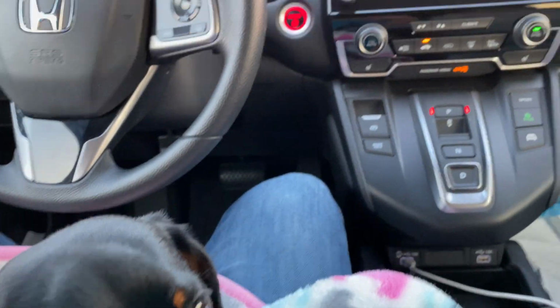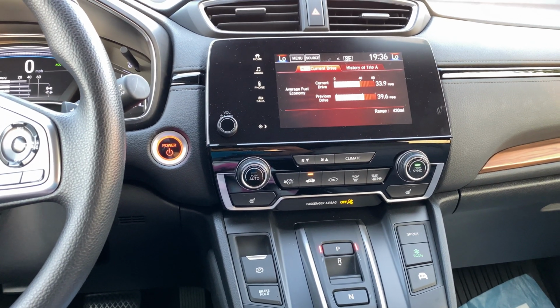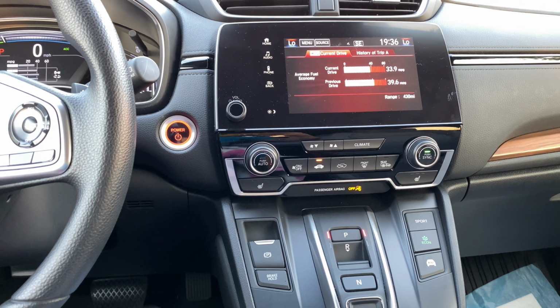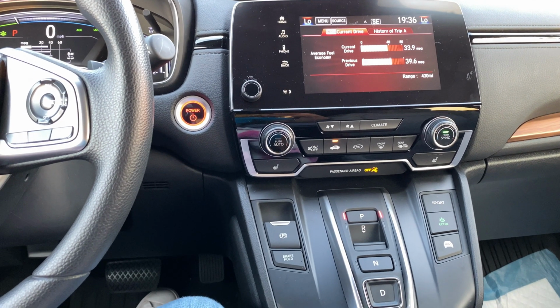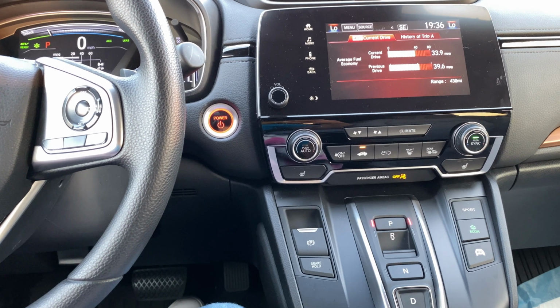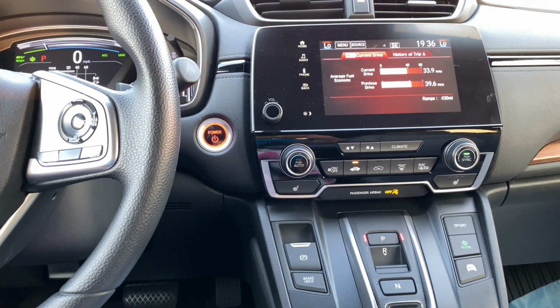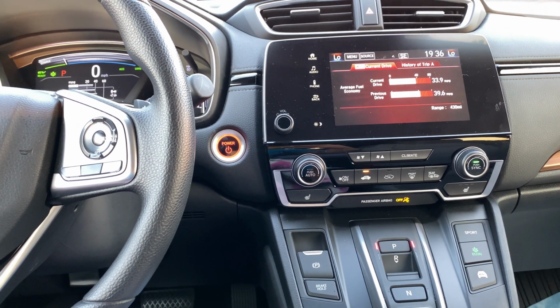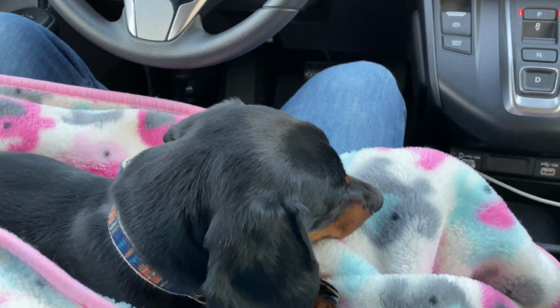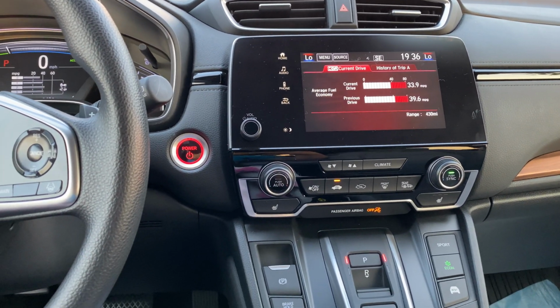So before the video starts, I just want to make it clear that results will vary depending on how you drive, how moderate and how light you are on the foot pedal for the gas. Also keep in mind temperature and how heavy the vehicle is. If you're carrying family or pets or whoever you have in your car is going to impact what you get